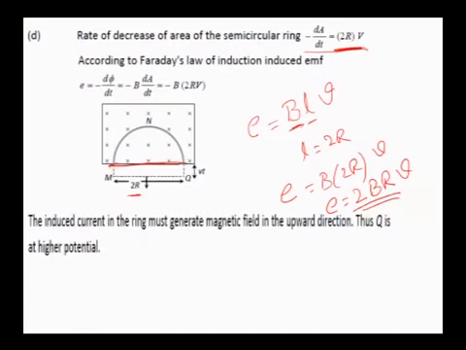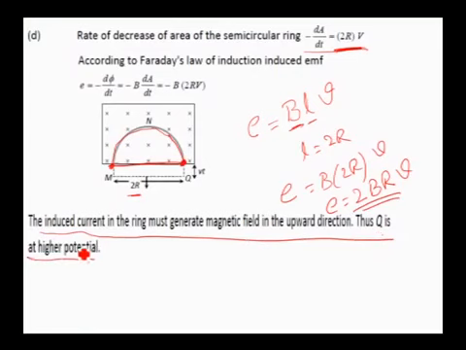But the direction of the induced EMF will be found by using Fleming's right hand rule. It is also called the generator rule. You can use Fleming's right-hand rule to know whether the potential is greater at M or greater at Q. Apply Fleming's right-hand rule, you get the potential at Q is greater. That shows the induced current in the ring must generate field in the upward direction, and Q will be at a